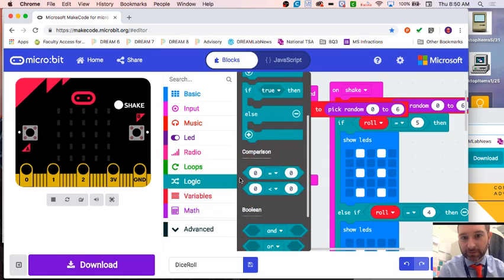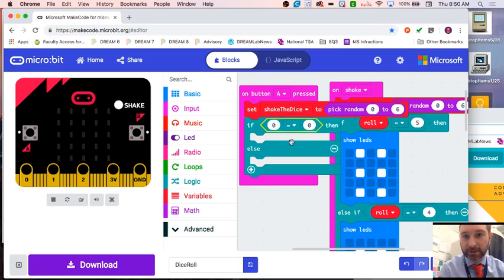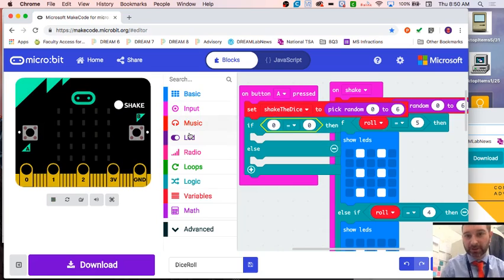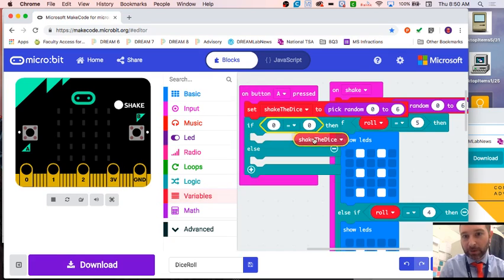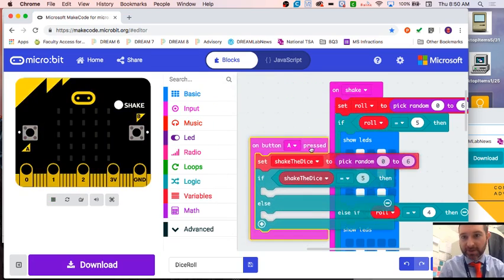So let's see if we can find that. This looks pretty good. So remember I just changed our variable from roll to shake the dice, we want if shake the dice equals, we're going to change this to 5, then